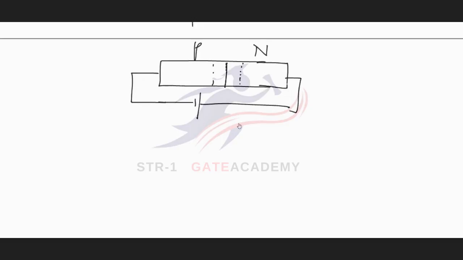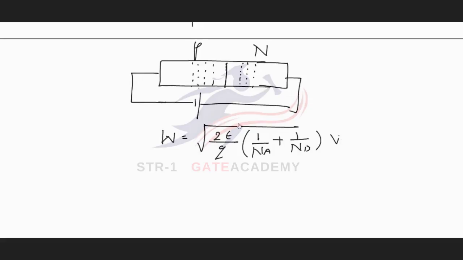If PN junction is reverse biased, the depletion layer increases with the applied reverse voltage, and its relation with the applied reverse voltage is given by W is equal to under root of twice epsilon upon Q into 1 upon Na plus 1 upon Nd into V0 plus Vr